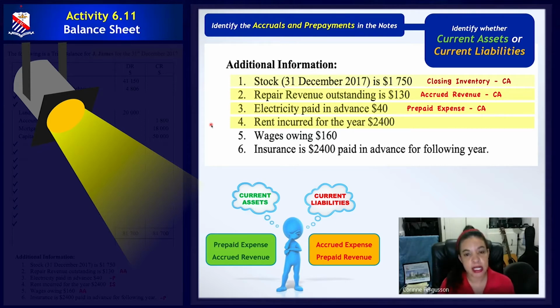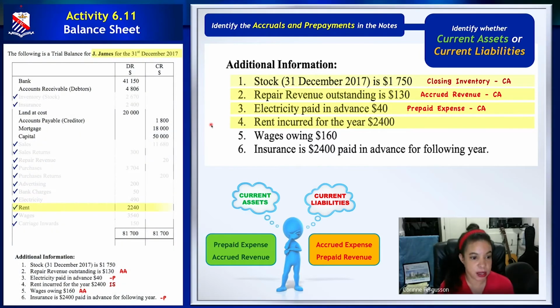So we're going to need to now look back at our trial balance and find rent. And we see that we have rent here. And what is the amount paid? $2,240,